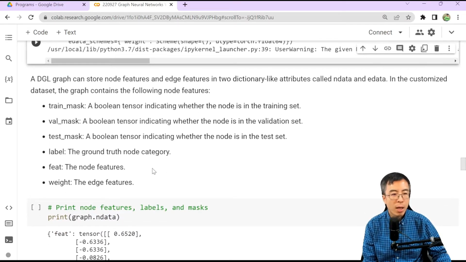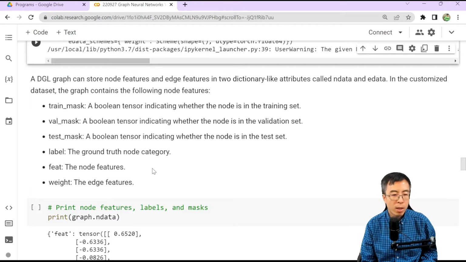So let's recap. A DGL graph can store node features as well as edge features into dictionary-like attributes called ndata and edata. In the customized dataset, the graph contains the following features. We have the train mask, validation mask, and test mask, denoted using a Boolean tensor indicating whether a node belongs to the training, validation, or test set respectively.